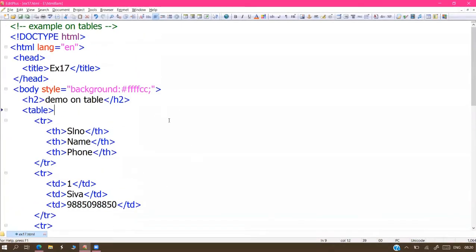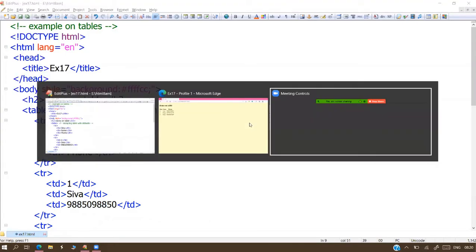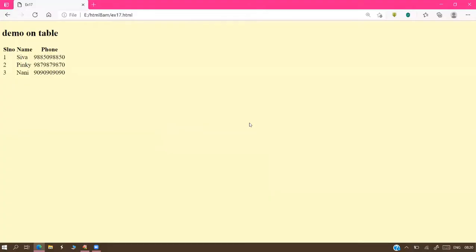So this is designing a table with all default values. Everything is default. Alignment is default. Colors are default. Border is default. Size is also default. Table size is also available, width and height. So here it designed the table with all defaults.